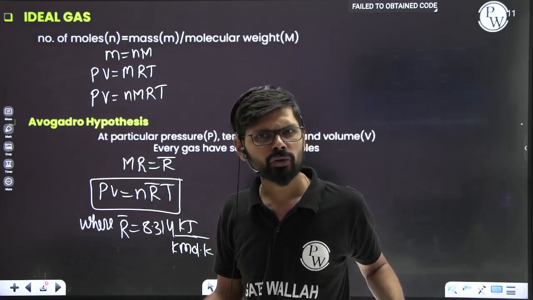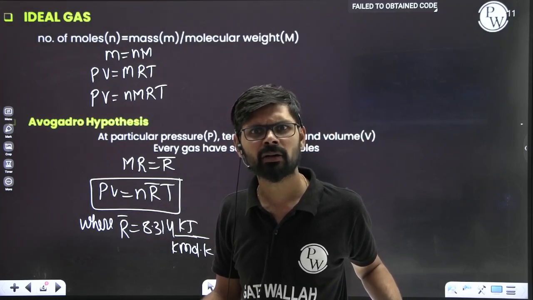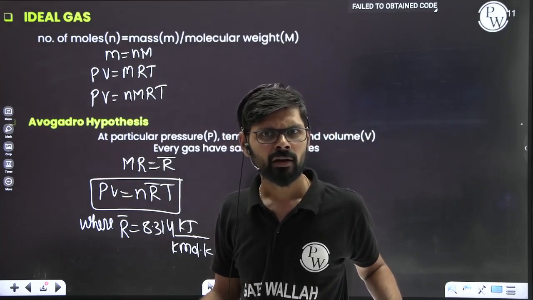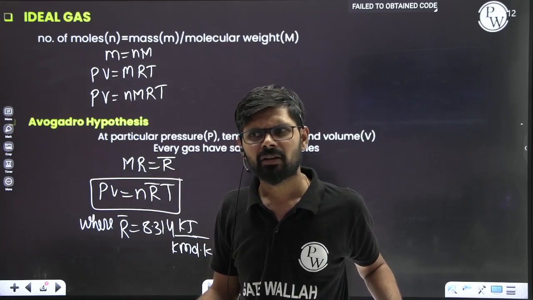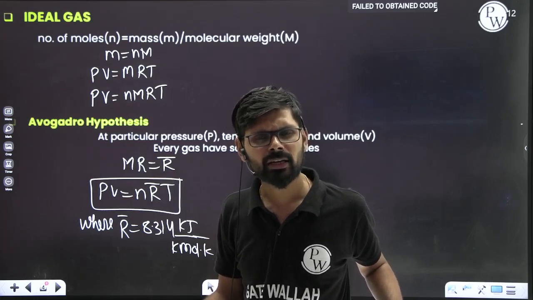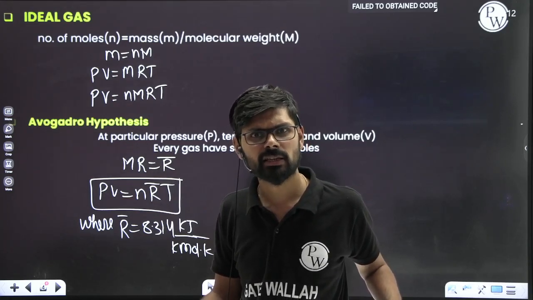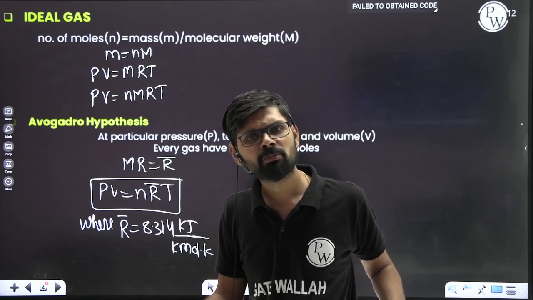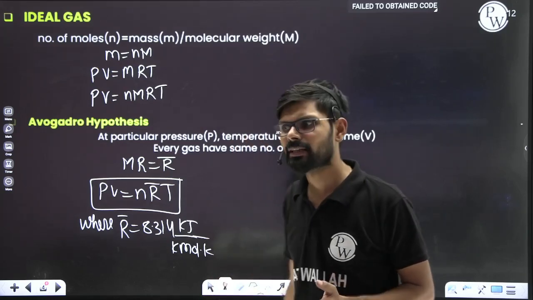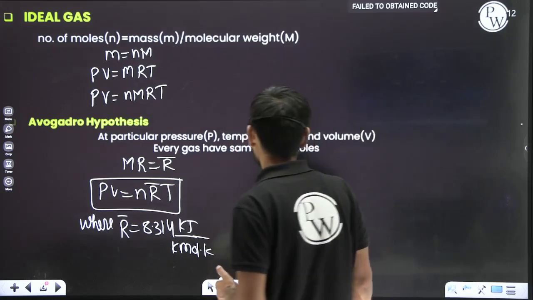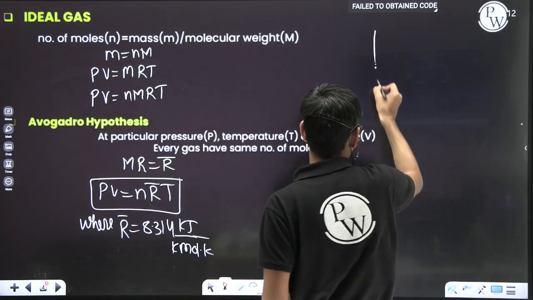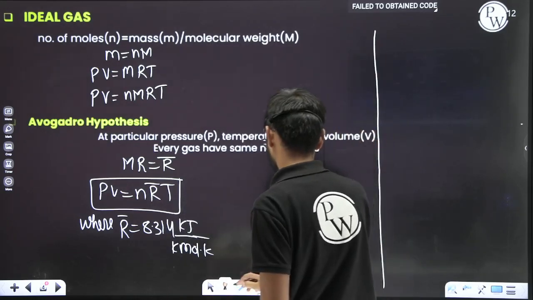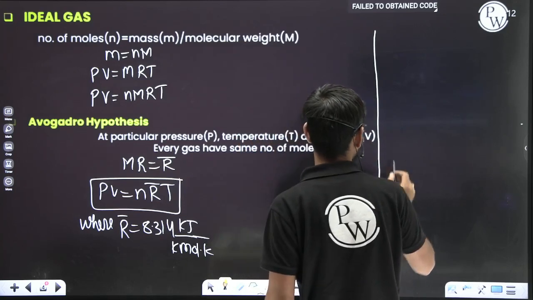So I said you should remember this. So sir, I remember the R value of air, the standard value, but it was CO2. So how can I remember the value for all substances? I said you need not remember all the values. You can calculate the value basically. How can you calculate? Very simple.